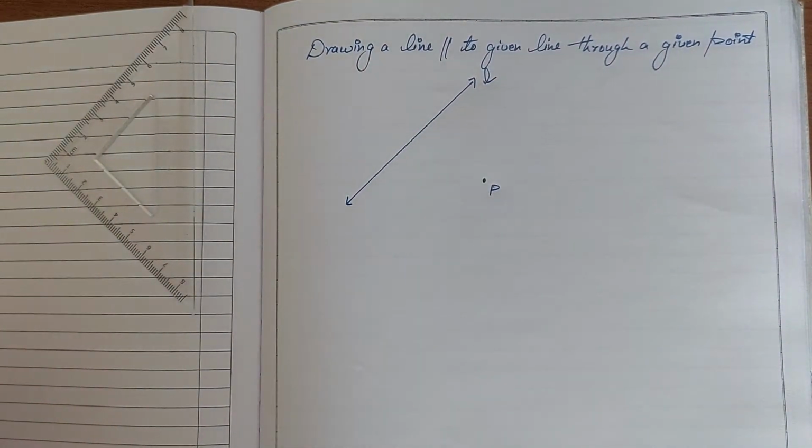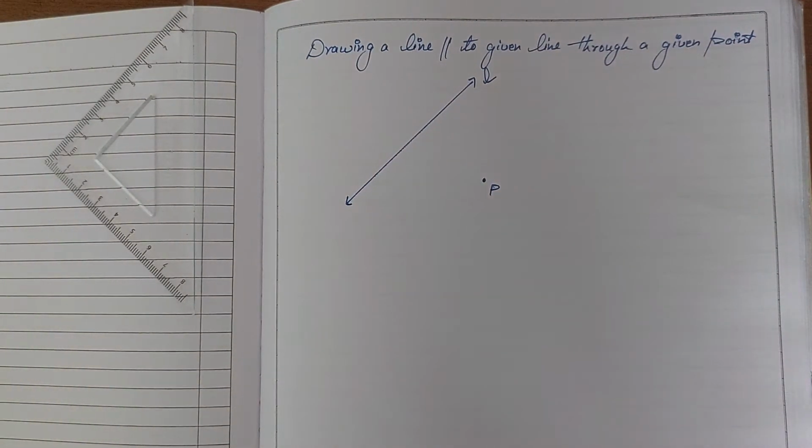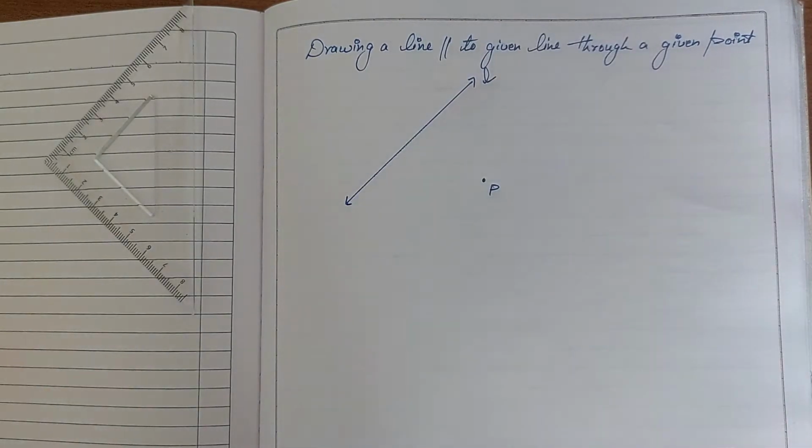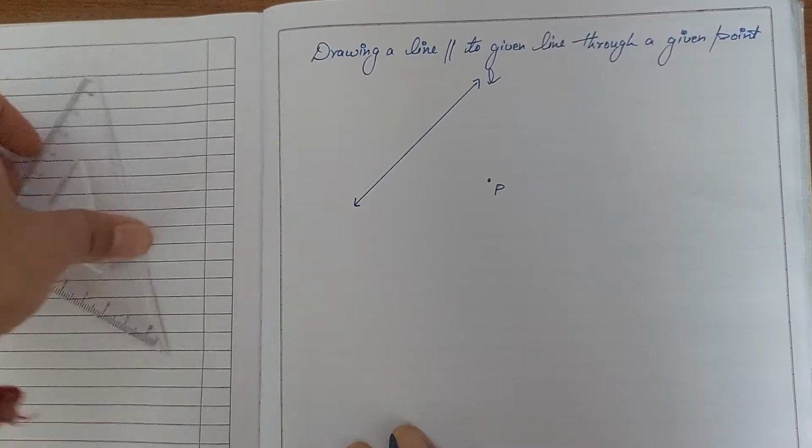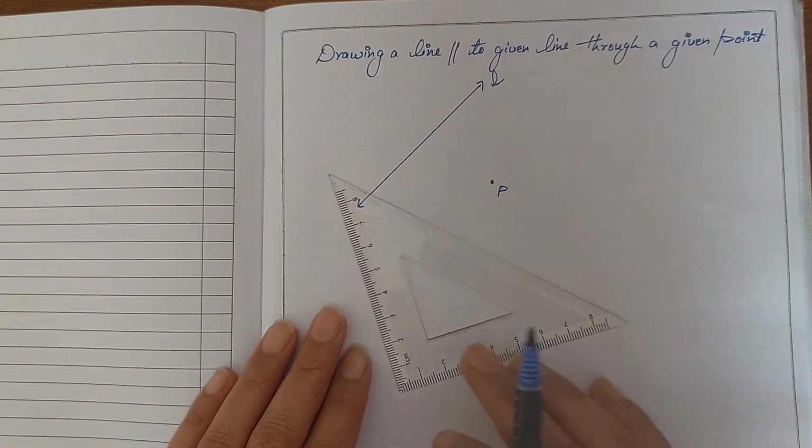See, we know two lines are parallel when exterior alternate, interior alternate, and corresponding angles are equal, and the co-interior angles are supplementary. We are using the same concept here. We are choosing one of the angles, and we will show that the angle follows the property. Means we'll use the property in the construction. So what am I going to do here? I'm going to construct an angle here.